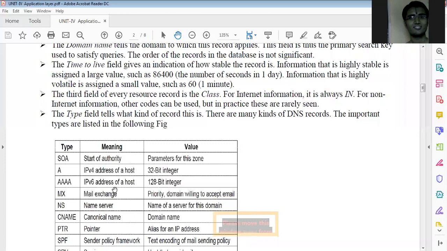So this consists of a 32-bit integer, that is the IPv4 address of a host. We'll be having two things: one is the host and one is the server. If I am typing a URL from my browser, I will have a type as A. And if you are using the IPv6 address, it will be